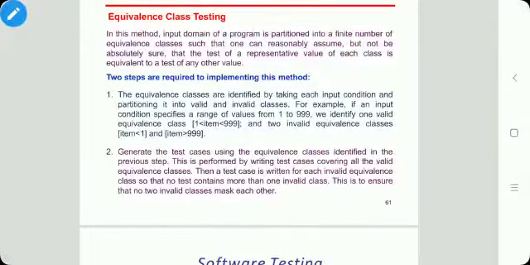Dear student, today's topic is equivalence class testing, which is one type of black box testing. In this method, the input domain of a program is partitioned into a finite number of equivalence classes, and the test case for each equivalence class is the representative value of the class, which is equivalent to testing any other value. It means we have to prepare only one test case for each class, and it is the representative test